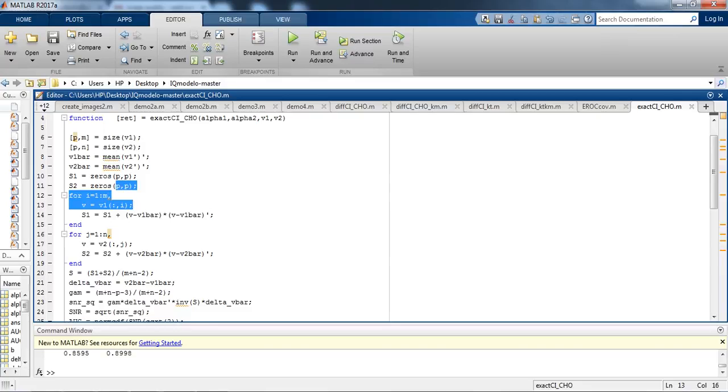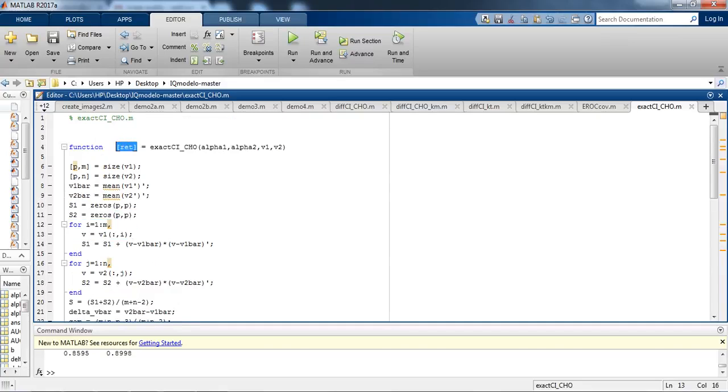V1 is basically P by M matrix of class 1 channel output vectors, and V2 is basically P by N matrix of class 2 channel output vectors. And after running this file, we will be getting output in return, ret, that is a structure containing point and interval estimates of SNR and AUC. SNR is basically signal to noise ratio, and AUC is area under its curve.